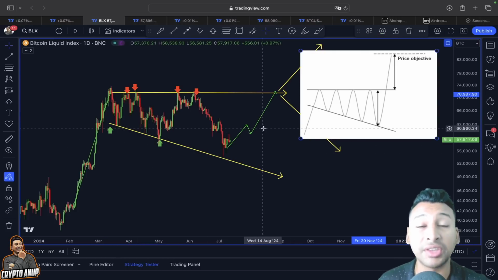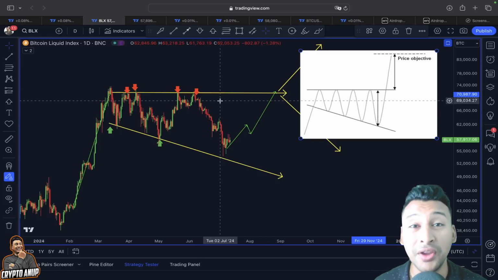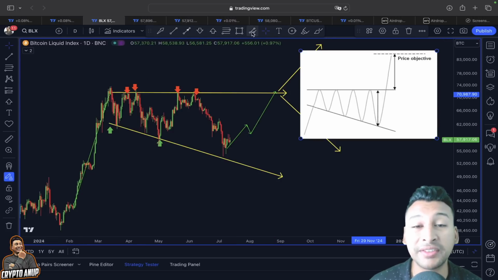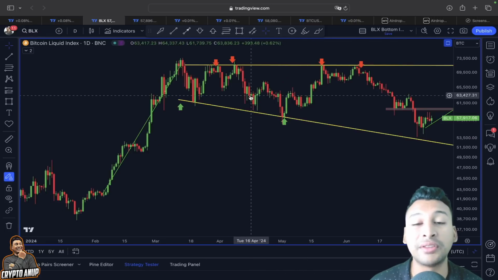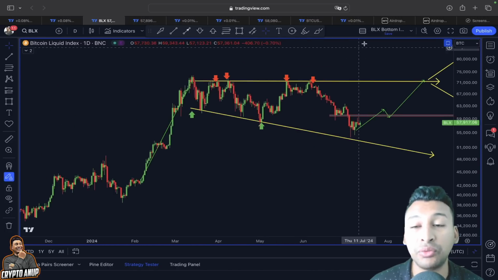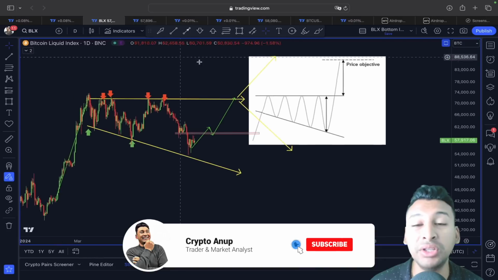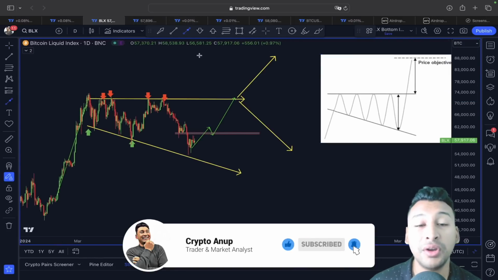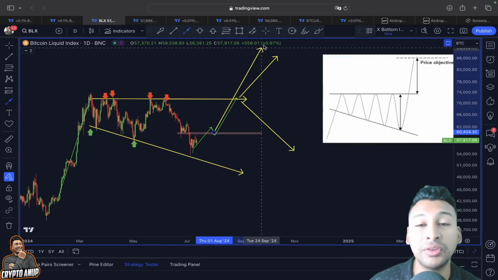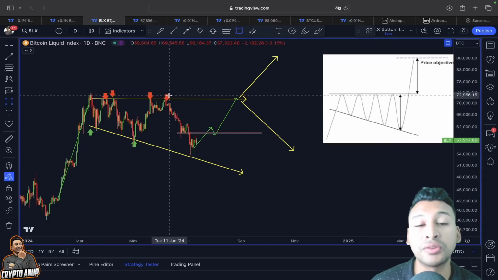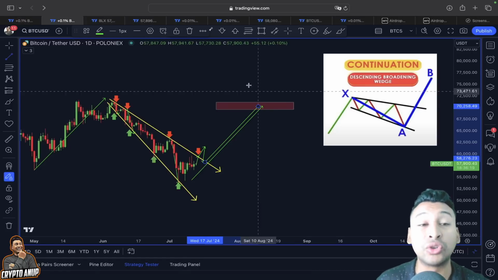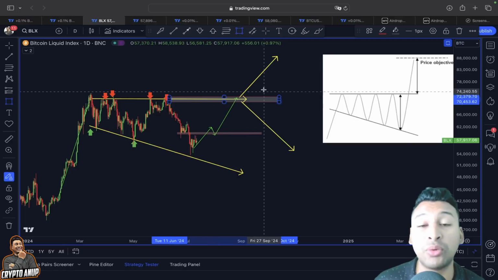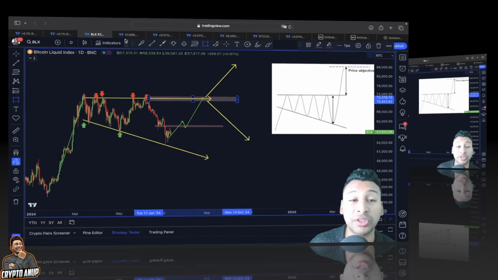So in our case, if this here is going to be another continuation for Bitcoin, first we need to break this 60,000 resistance at any cost, because after breaking out from the 60,000 resistance, it will be looked at as a bullish continuation pattern with a price objective for now at least around this upper trend line. And this upper trend line also sits around 70,000. So that's why I just showed you with this example, 71,000 could be attracting us according to this descending right angle broadening wedge, as soon as we flip this 60,000 into proper support, because parallelly